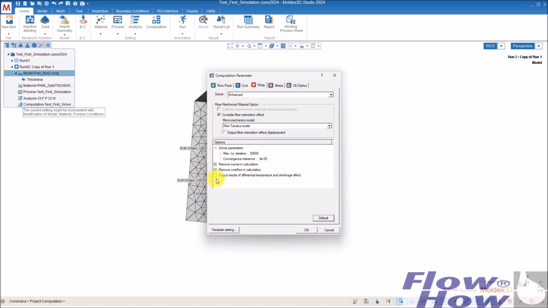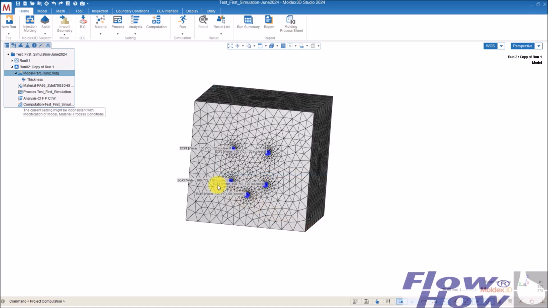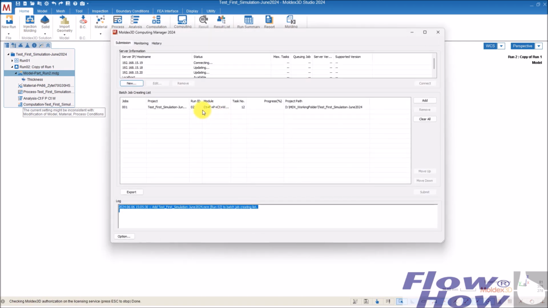And then I go to the warp. I need this one, and I need this one. So I have everything. And now it's just start up the analysis by clicking here and then choose a server and then upload